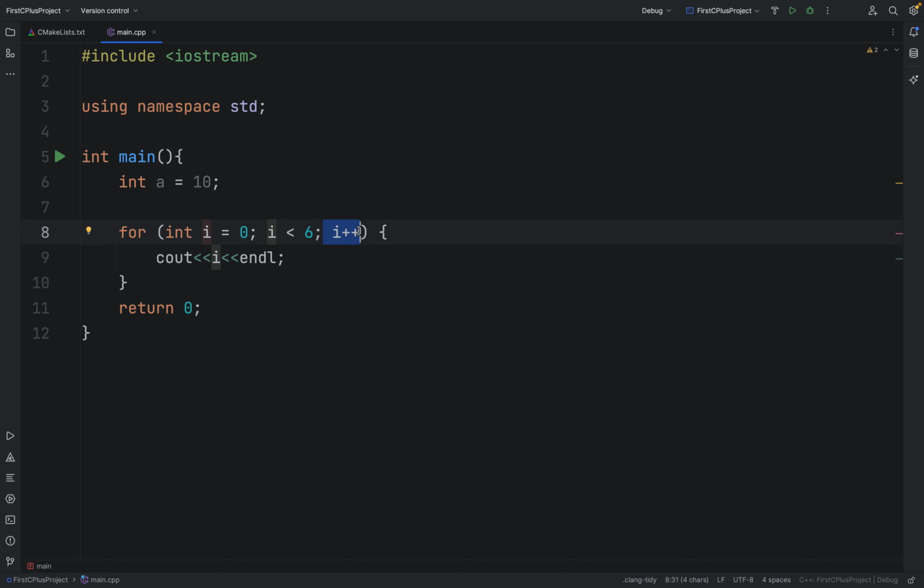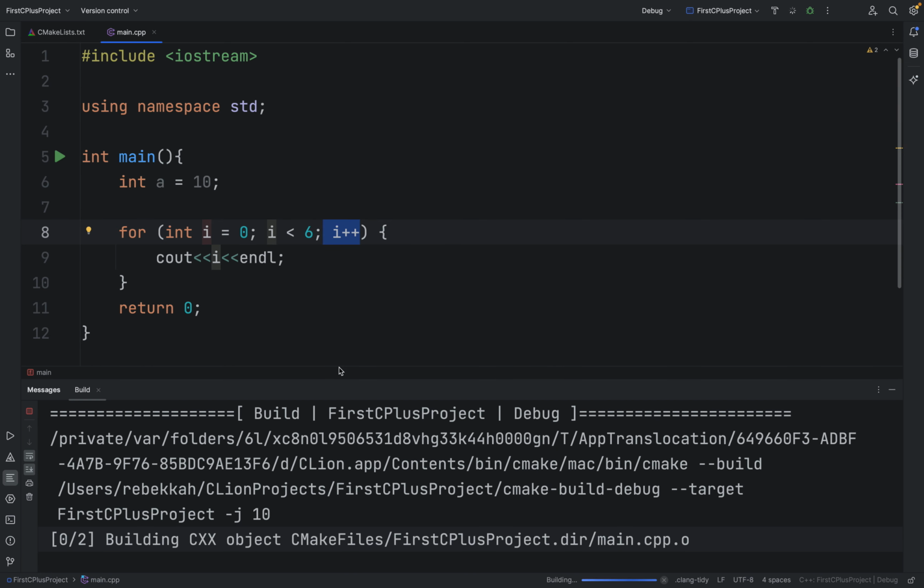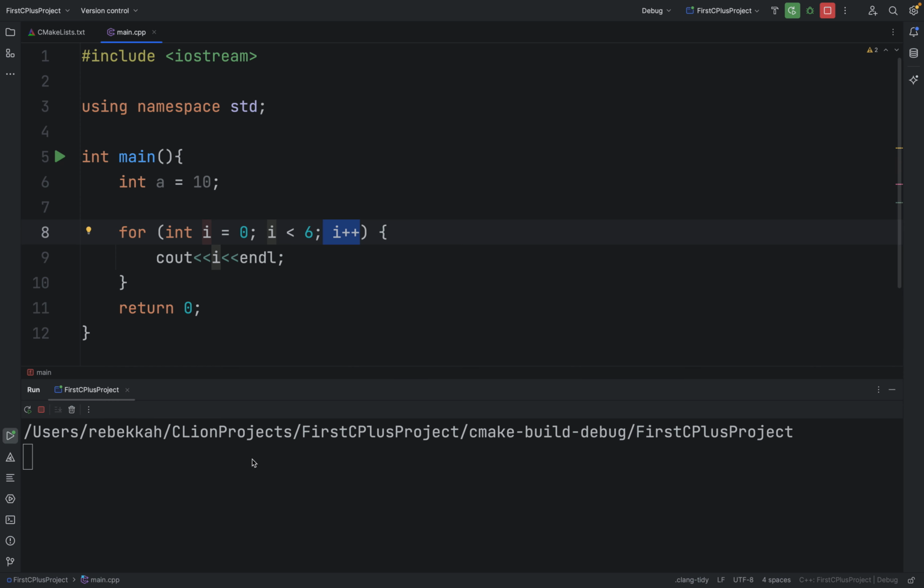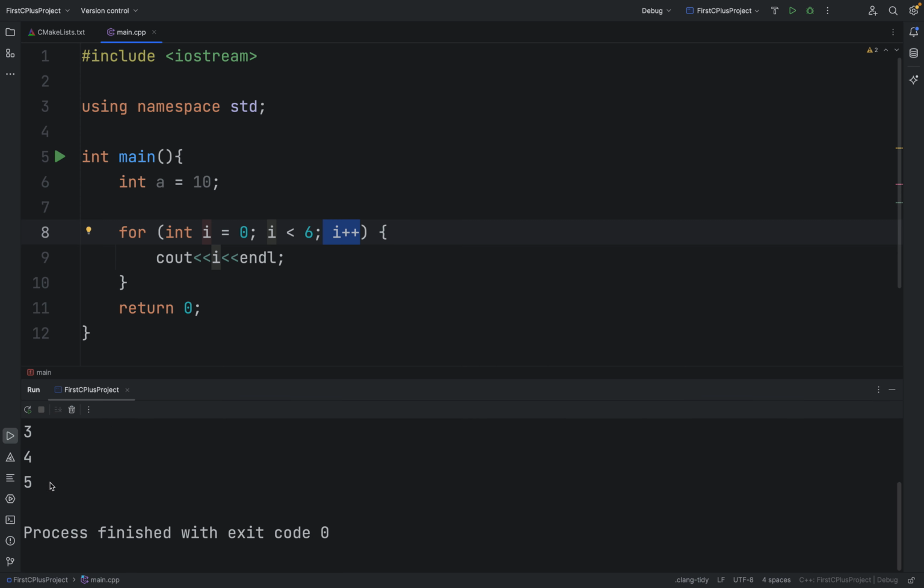Okay, so now let's go ahead and then execute our code and see the output. So let's run it. And now this is the output. We have 0, 1, 2 up to 5. Yes, because we were saying that as far as i is less than 6, continue executing this code. Okay, so this is how you can use for loop to go through a series of code in your